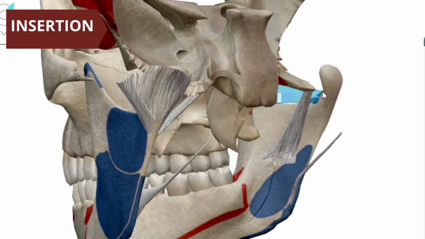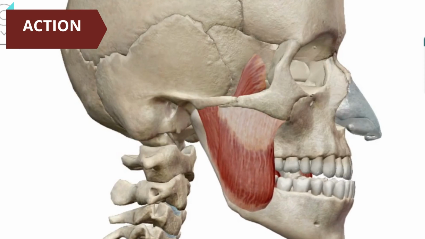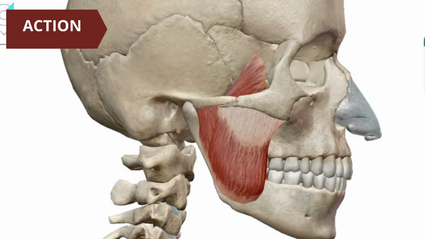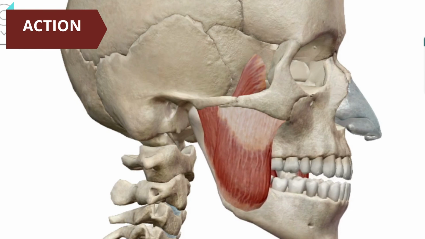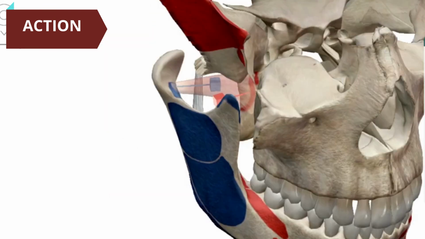This is the pterygoid fovea, which is situated on the neck area. This is the condylar process of the mandible. Behind it, at the head and neck area, there is a fossa, the pterygoid fovea, where the insertion of the lateral pterygoid muscle takes place. Now action. The lateral pterygoid muscle helps in depression of the mandible as well as protrusion, protraction, and side to side movement.